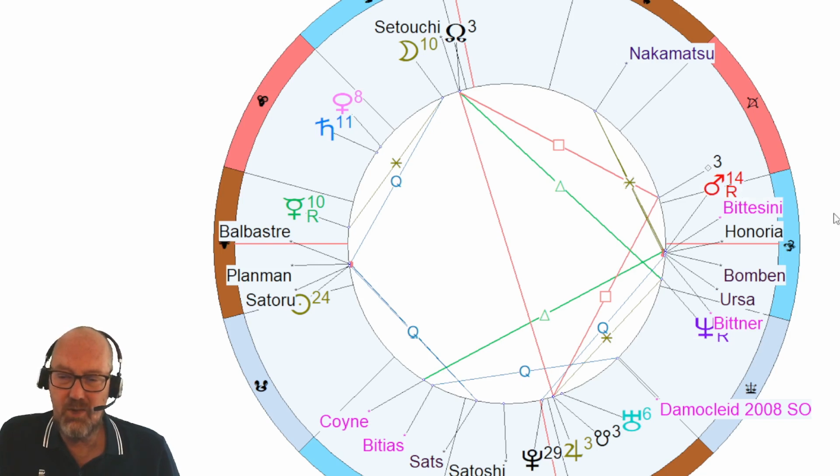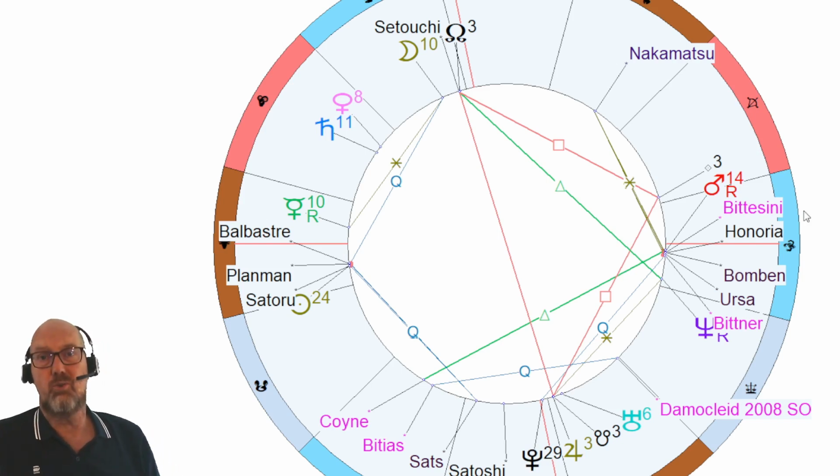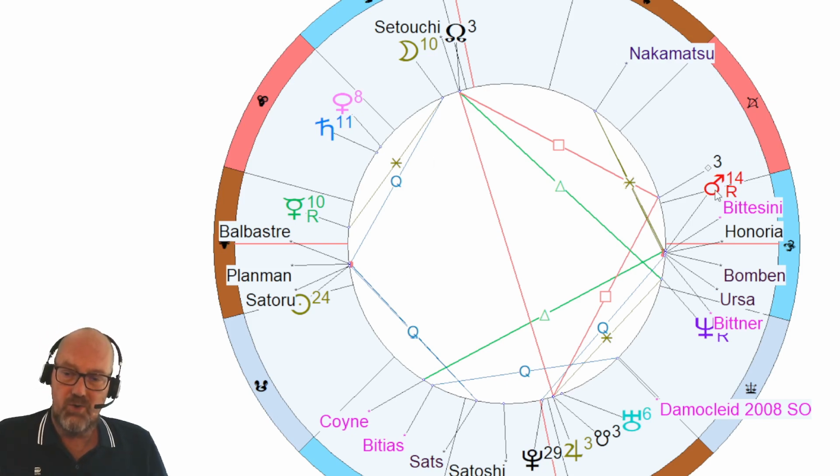I think there's not a lot more to say here, except for the simple fact that the aggressiveness we find in the birth chart of Bitcoin itself is coming from, if you remember, a conjunction of Mars and Pluto. Mars is obviously very important here, and Pluto is also playing its role. So aggression, kill the central banks. That's the mission of Bittesini.